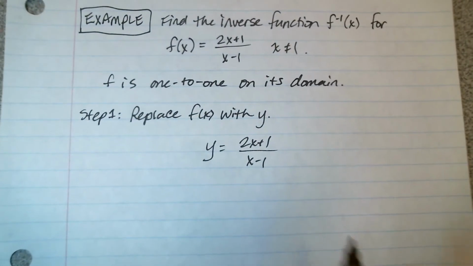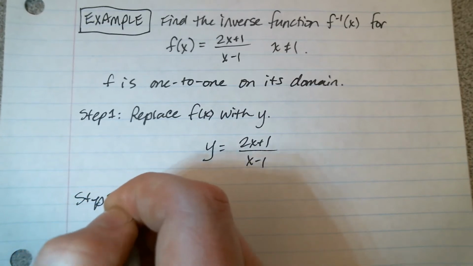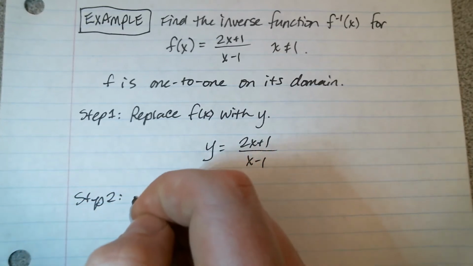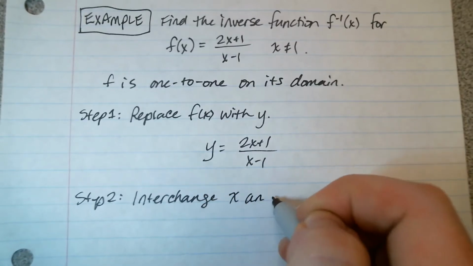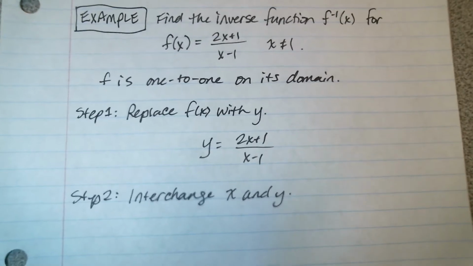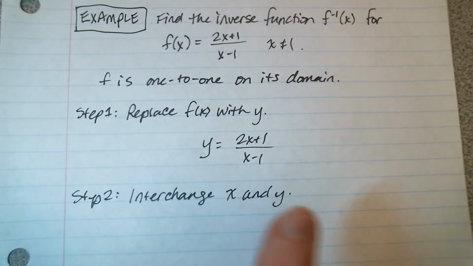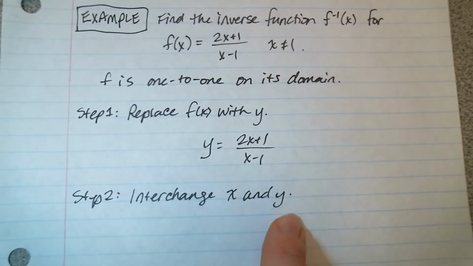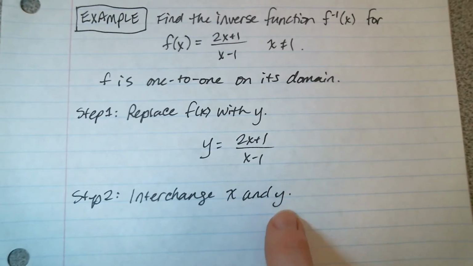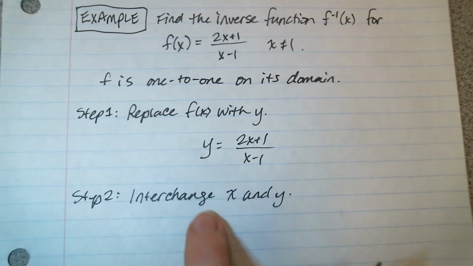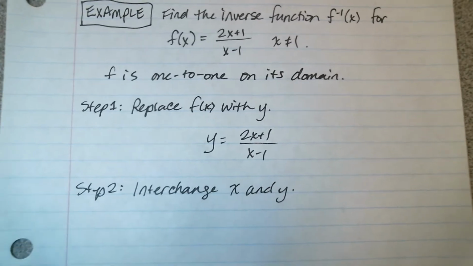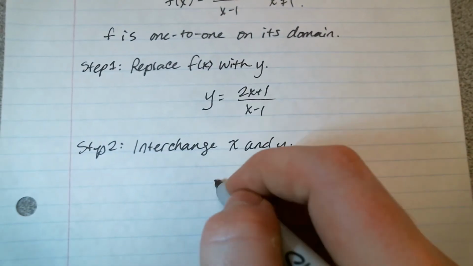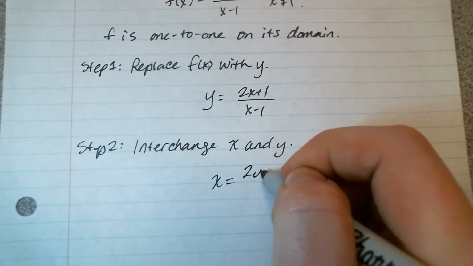The second step is to interchange x and y. If you watched how to find the inverse function from a graph, you can see we do the same thing with graphs. Because inverse functions change the role of the range and the domain, we need to swap the variables that represent range values and domain values. So in my equation, I will swap the roles of x and y